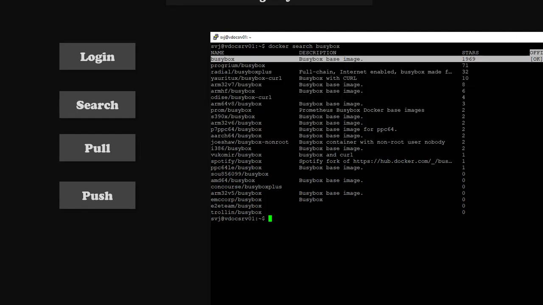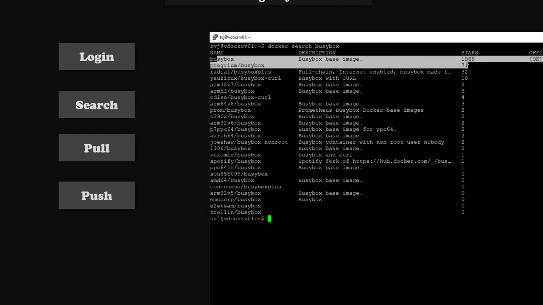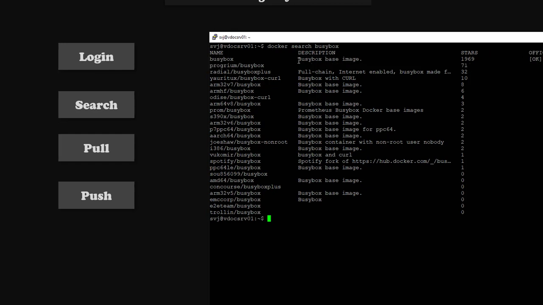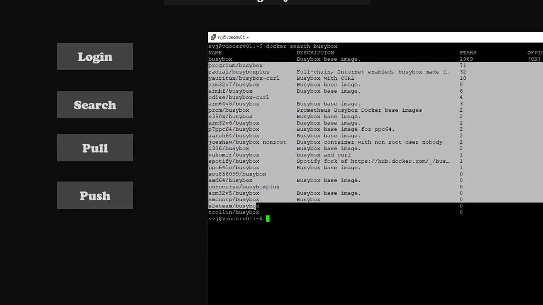If you see here, it is an official image, which you can easily identify with the tag. It is a BusyBox base image you can use for your work purposes, as well as it is an official image. So there are a lot of BusyBox images.